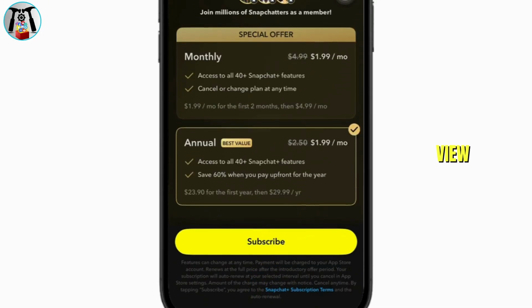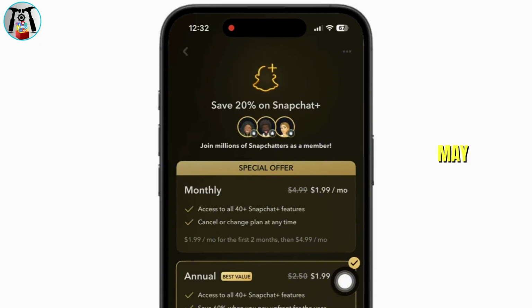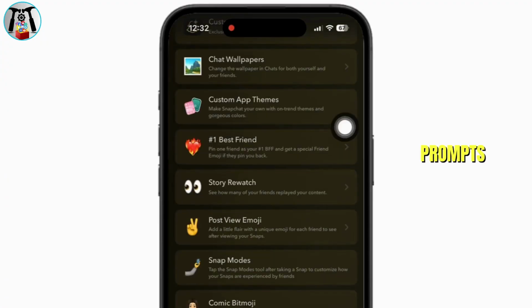You'll then be able to view the available subscription plan, which may include monthly and annual option. Take a moment to review the features and pricing, then select the plan that best suits your needs. After choosing a plan, follow the on-screen prompts to complete the purchase through the App Store on iPhone or Google